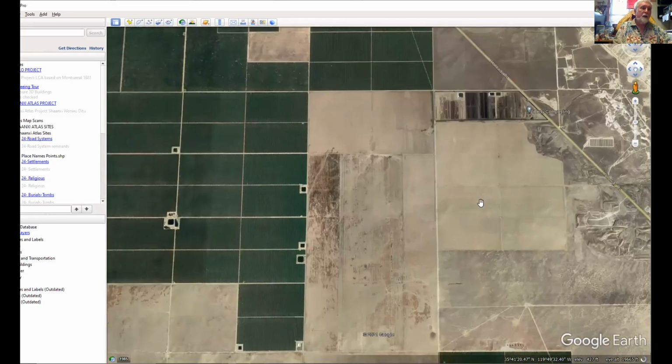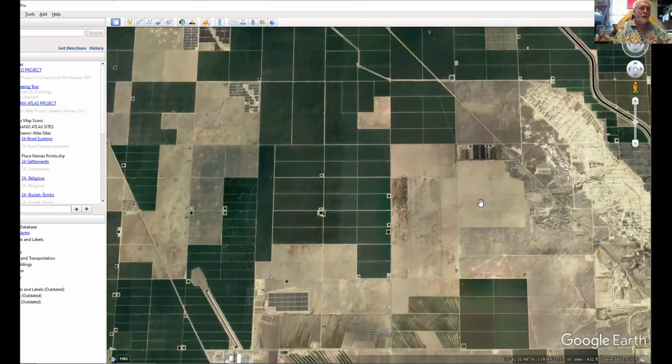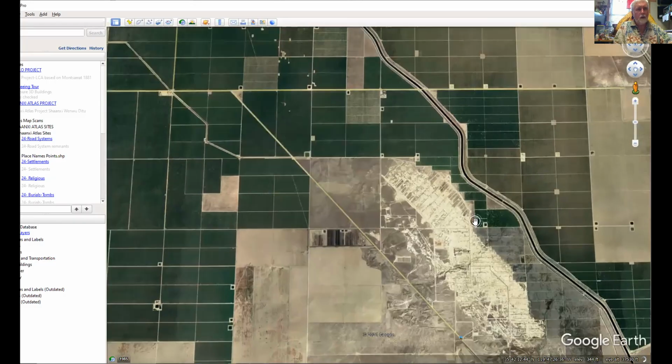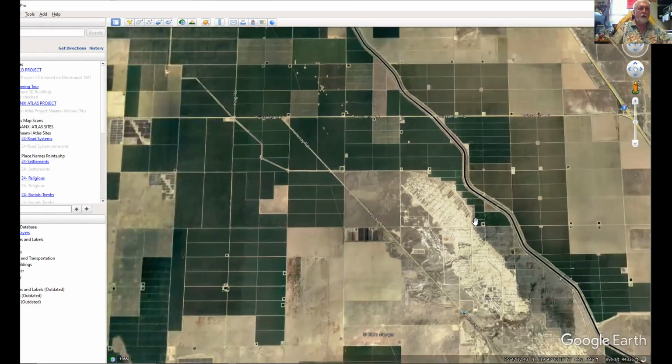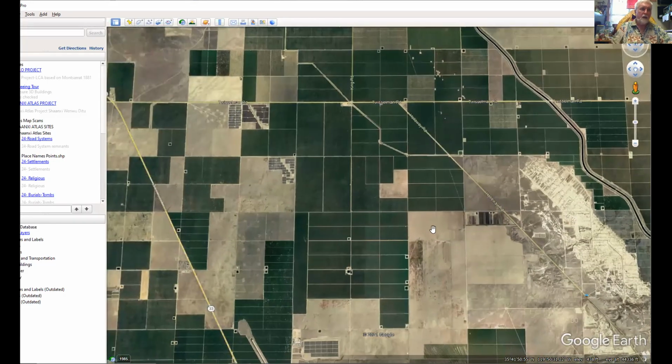So what happened in the 20th century, almost entirely, is they started importing water from the Colorado River, and that water was the means by which, oh, check that out. Okay, actually, there's the canal right there. I can't remember what the aqueduct is called. So this is water from the Colorado River, which I believe is 400 or 500 miles away. So they bring that water in. They were able to do it not really legally, basically stealing the water from other states, bringing the water in, and then irrigating all these areas.